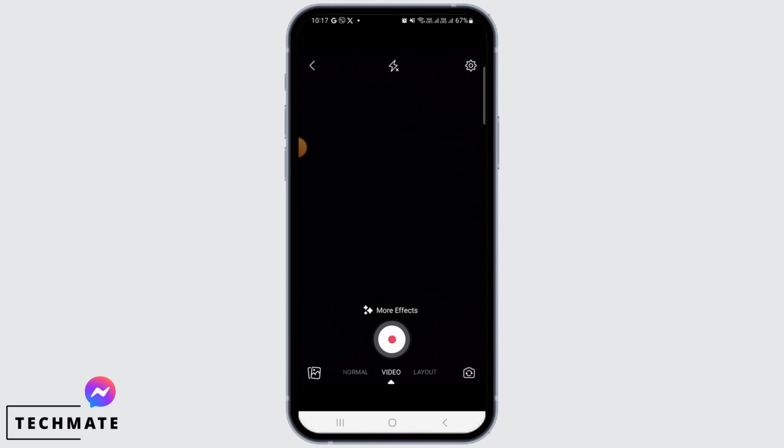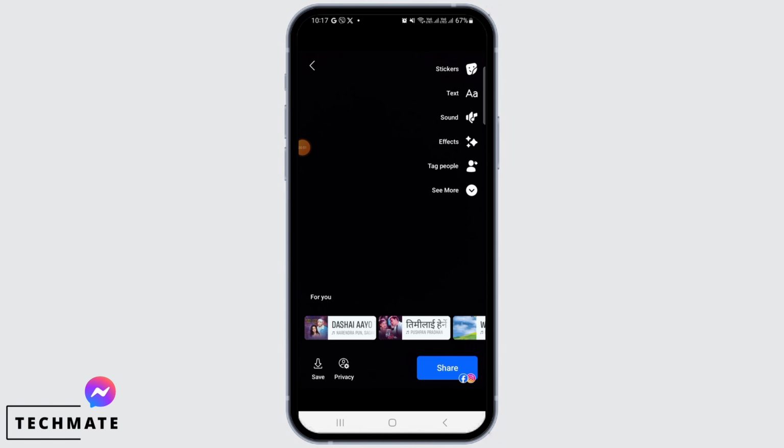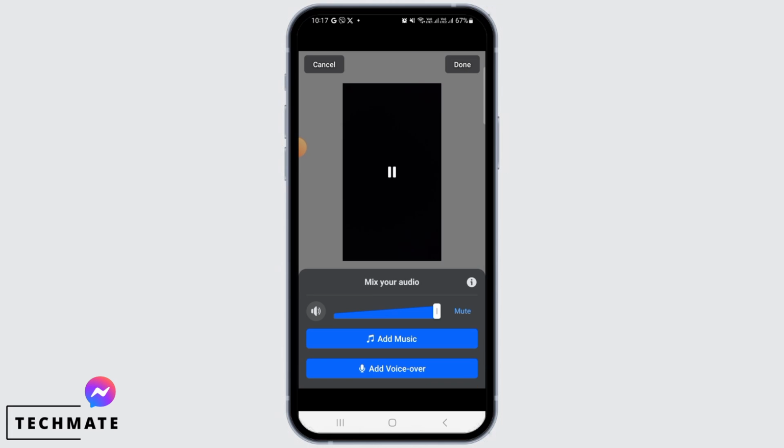From here, simply record a video because you're not able to add music to a text story. After you have recorded a video, tap on Sound. Now you want to drag the slider all the way down or simply tap on the mute button. After the original sound has been muted, tap on Add Music if you want to add music,